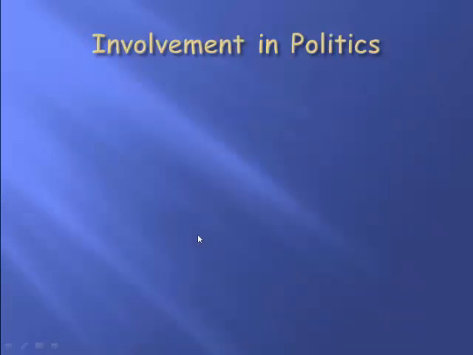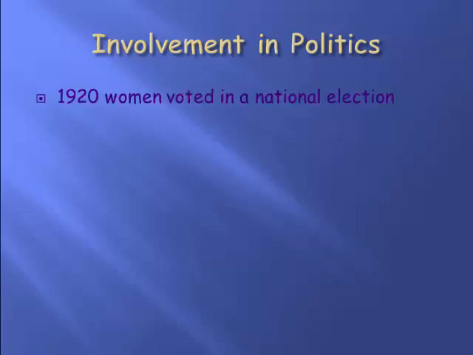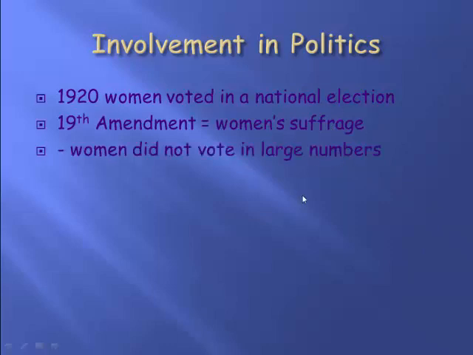Now, women did not truly get involved in politics in terms of running for office, but we should know what happened to women in 1920. Women began voting legally in every state because of the 19th Amendment. Women began voting in national elections. And once again, the word for the right to vote is suffrage, right? The only problem is that when we look at the statistics from that time period, women did not come out and vote in very large numbers.